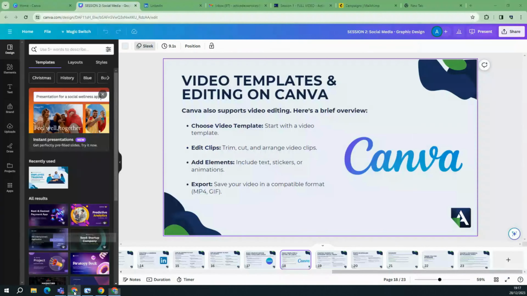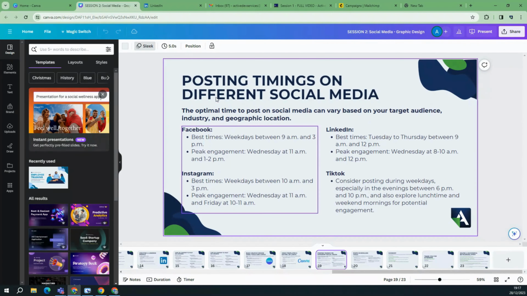Okay. So next thing on here are the timings you want to be posting. So there are different timings for different